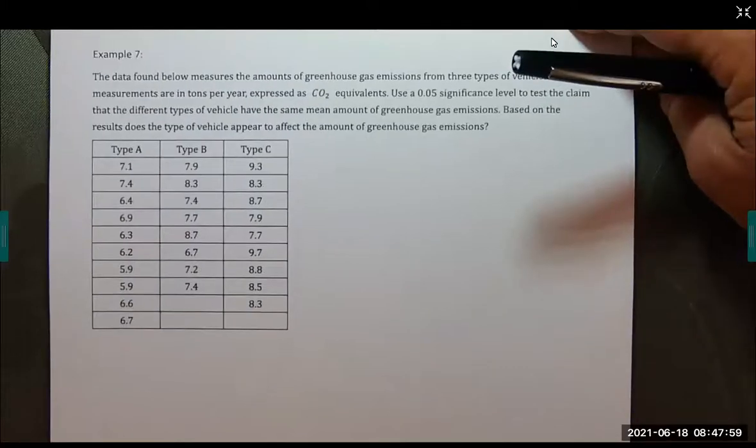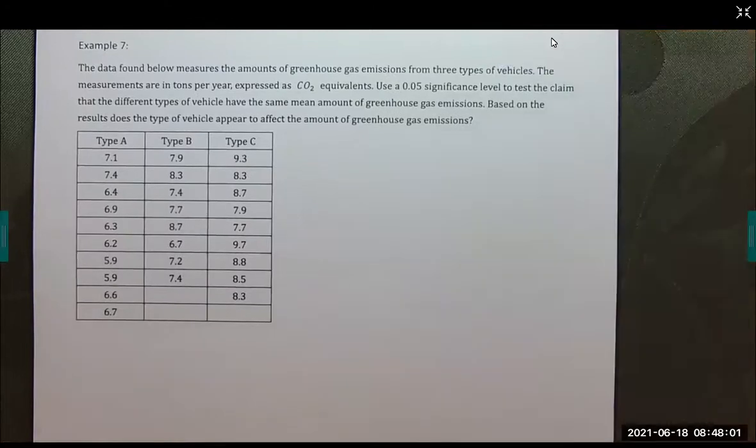All right, let's do one more. The data found below are amounts of greenhouse gas emissions from 3 types of vehicles. The measurements are in tons per year expressed as CO2 equivalents. Use a 0.05 significance level to test the claim that the 3 different types of vehicle have the same mean amount of greenhouse gas emissions. Based on the result, does the type of vehicle appear to affect the amount of greenhouse gas emissions? So once again, our null hypothesis